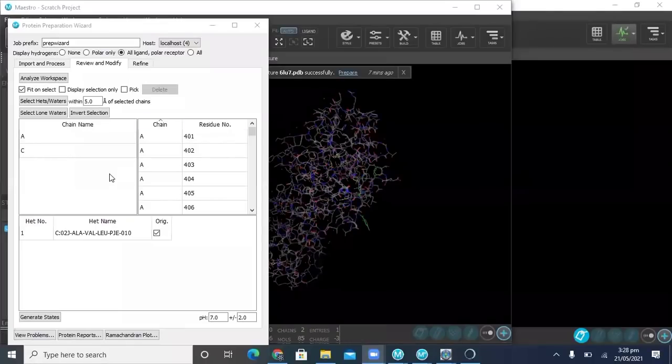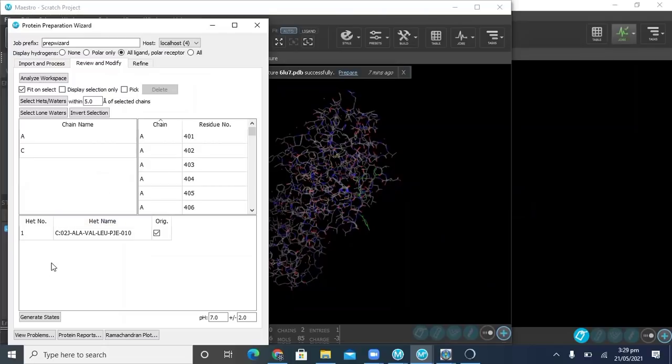Okay. After the pre-process step, we will click on review and modify. We always click review and modify because there are different shapes and structural formulas for the ligand, and we choose the ligand state that is the best and fittest for our protein, and this is always selected by the software automatically. So we will click on analyze workspace,